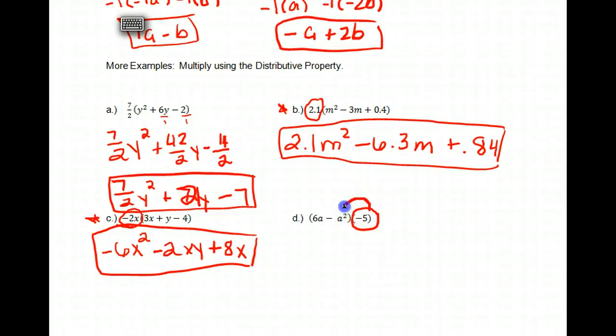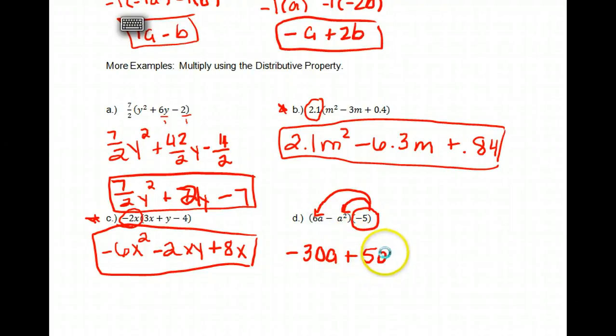You can still just multiply every single one of those terms by that number. So you would simply have negative 5 times 6a makes negative 30a, and negative 5 times negative a squared makes